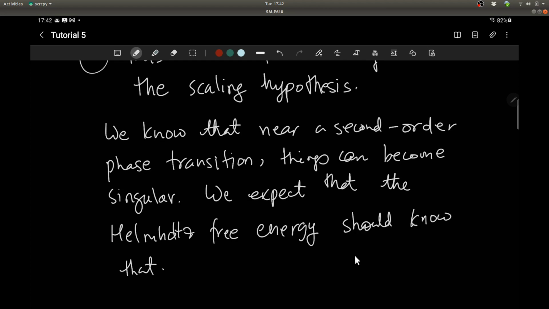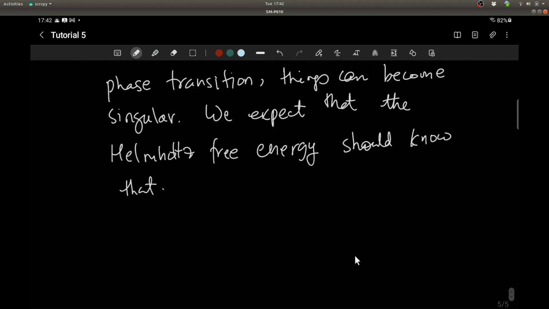Okay, why am I saying that? Because all the quantities which define alpha, beta, gamma, delta, they are things which you can always get by taking suitable derivatives of the free energy. Okay, so in our example,